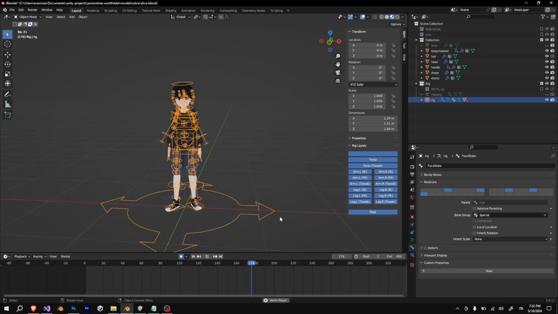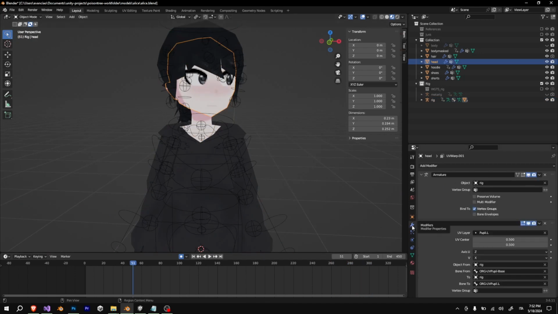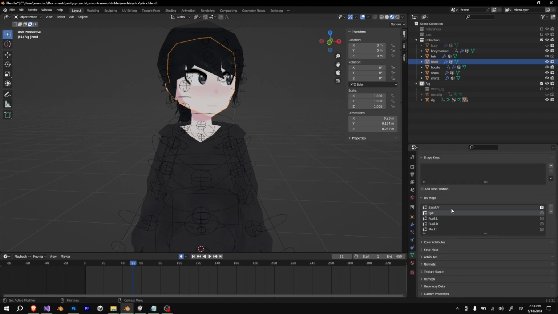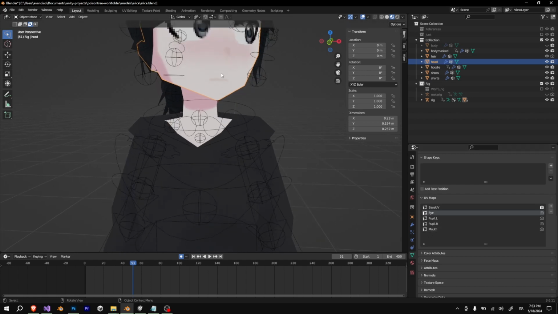As you can see, by playing the animation, you can see the face bone moving around and doing this stuff. I also crammed a little bit and chipped out a little bit on the UV maps. If I go into the UV maps section folder, I have a total of 5 UV maps. I have the base UV, the eye UV, the pupil.L and pupil.R, and the mouth, because I'm using